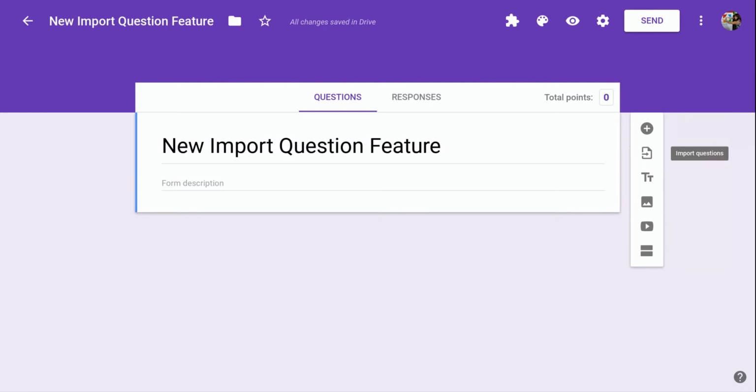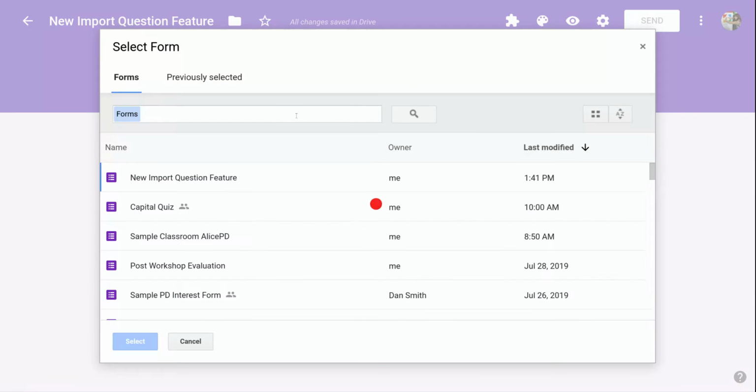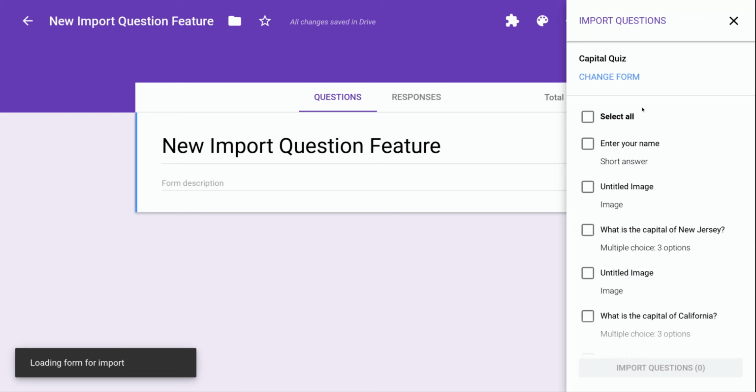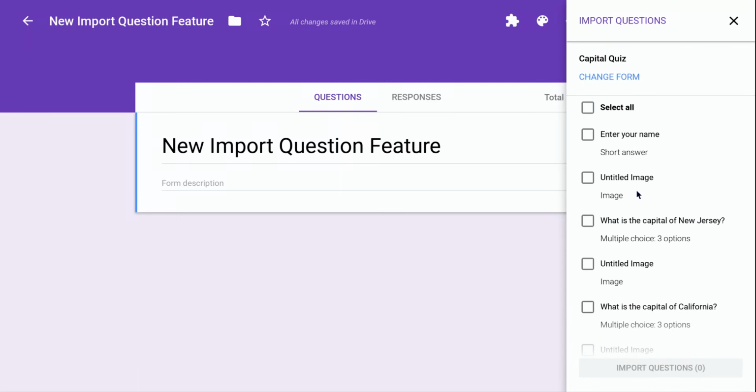If I click on this import question icon, it's going to allow me to select the form that I want to get the question from. So I'm going to use the Capital Quiz form, and I'm going to hit select. And notice here on the right panel, it prompts me with all the questions that are in the Capital Quiz